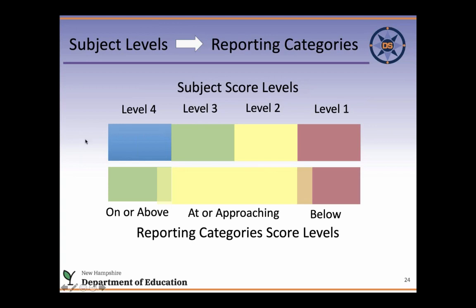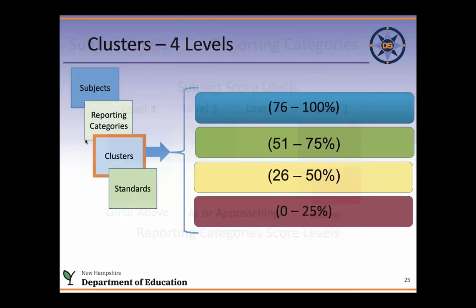In the end, it doesn't make that much of a difference, but if you want more of an explanation, please ask, and either we can go through it more, or if enough people ask, I can talk to you after. Either way. Clusters also come in 4 levels, but it's not 4 levels of below, at or near, or above, or proficient. It's the number of points that they get correct compared to the number of points that they were presented with. If a student has 6 points of questions on a particular cluster and he gets 3 correct, he will be in the 50th percentile. And I'll show you that right here.